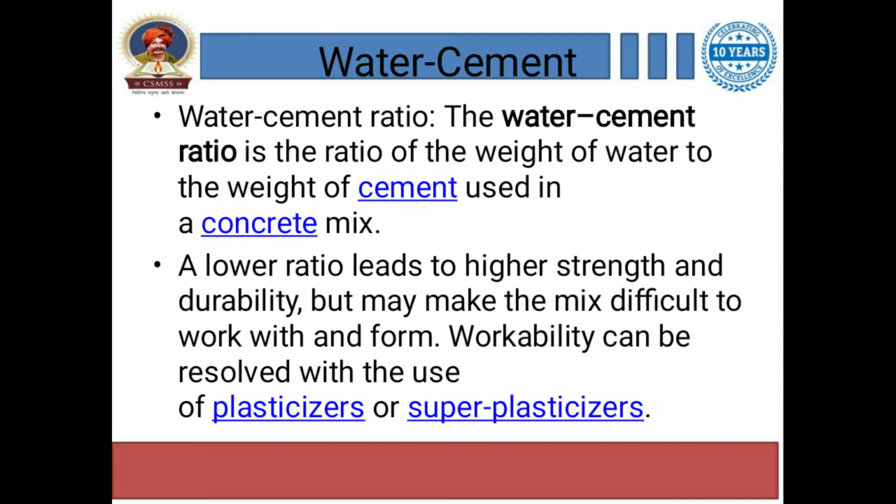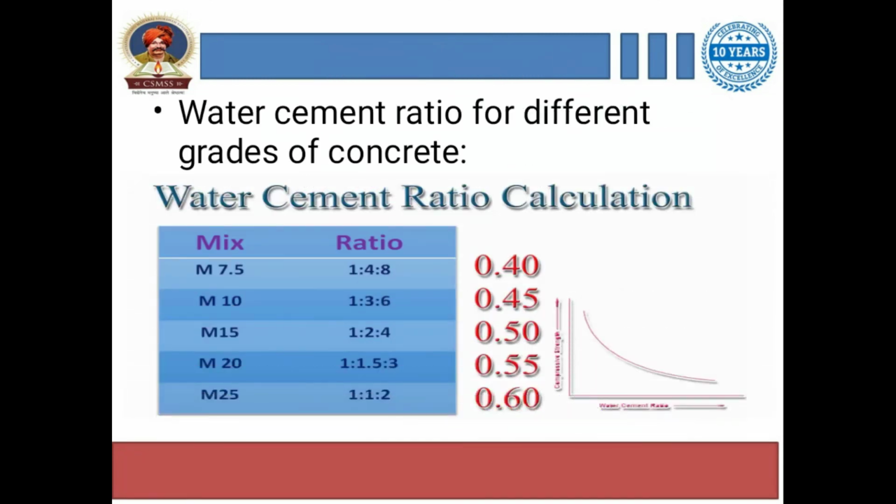It means if you reduce the water cement ratio, then workability will reduce, but the strength will be upgraded. And if we lower the water cement ratio, it will upgrade the strength and reduce the workability. And in this situation, we can use plasticizers or super plasticizers to improve or increase the workability of concrete. We will see in the next chapter what plasticizers and super plasticizers are. Then these are some water cement ratios mentioned for concreting, right?